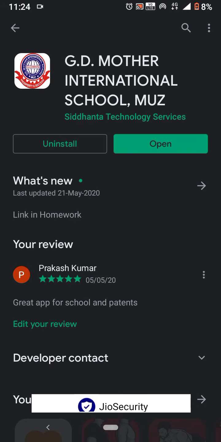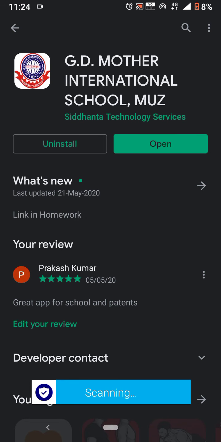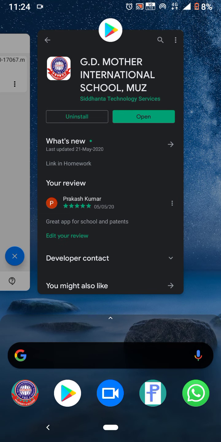It will open. It is showing open here because it is already installed in my mobile, otherwise it should show install. So you have to press that install button and it will automatically start installing itself, and in a minute or two it will be ready to use. So when it is installed, it will show,